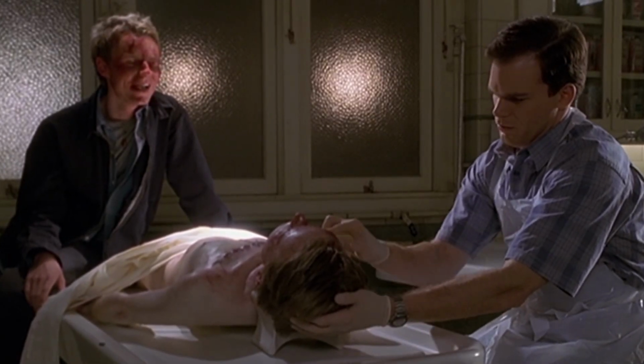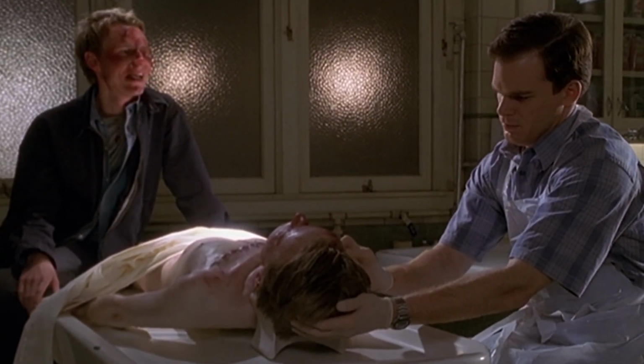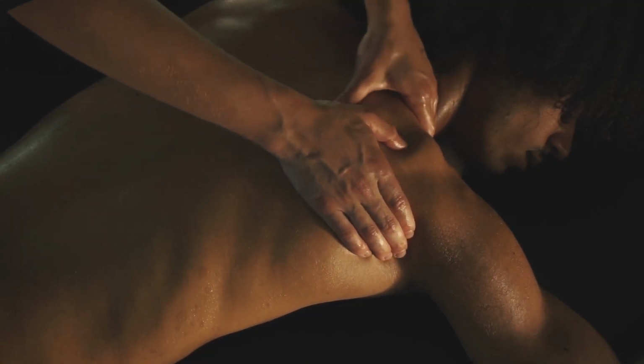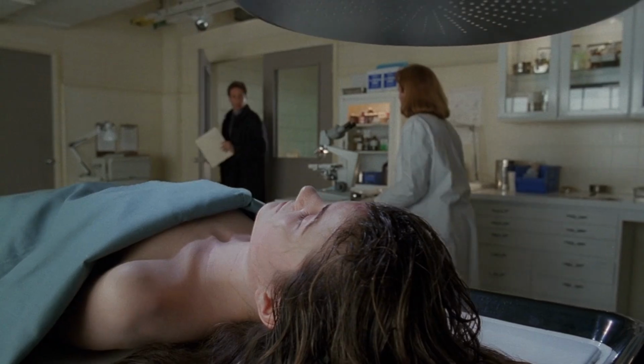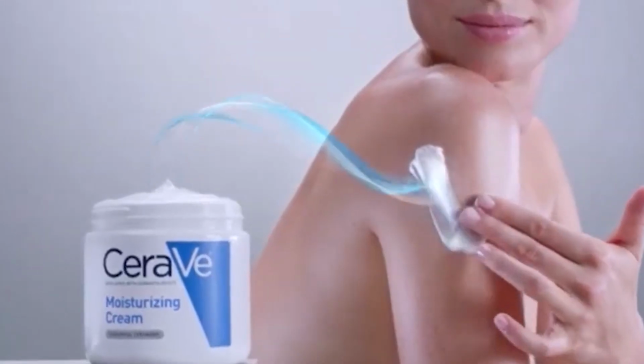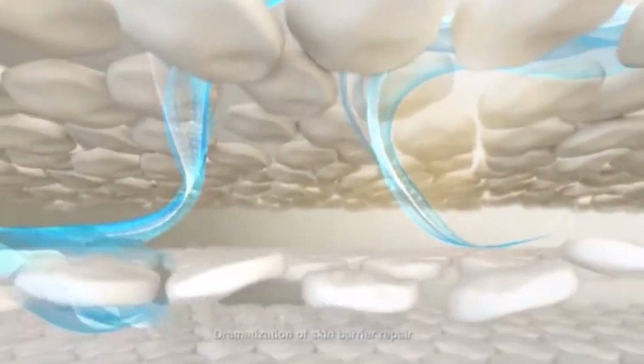This is so the body can be manipulated into the restful, peaceful pose and expression you see at the viewing. A secondary massage may be performed when the embalming fluid is introduced to facilitate its circulation. Being dead is hell on your skin, as you might imagine. The embalmer will also rub in moisturizer to keep the skin on the body's face and hands from drying out